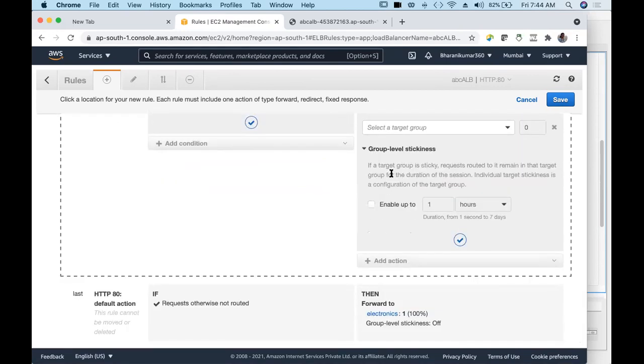If a target group is sticky, requests routed remain in the target group. So where it is helpful, sometimes users might have network issues. Suppose they have added a few things in the cart and they are about to pay the bill, and now some issue happened and they got disconnected from the server.